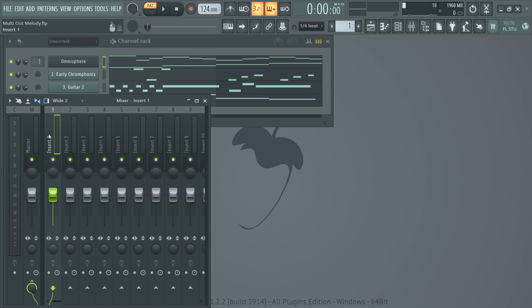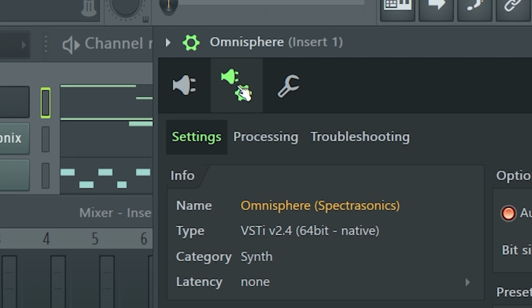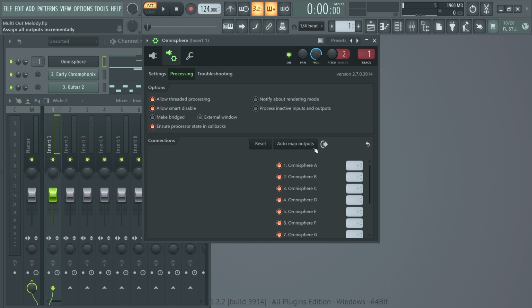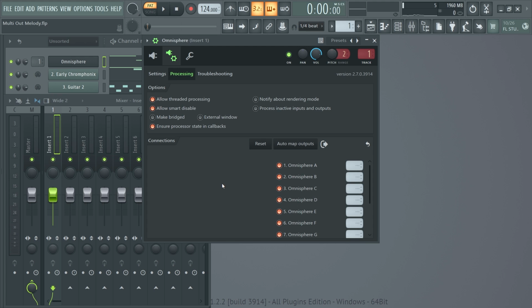This part may be a bit tricky depending on your multi-VST that you're using, but see what I do here, and you could translate it with your own plugin. This part is universal though. Click the gear, wrapper settings, but now we have to go to the processing tab, and we're greeted with this connections section. Say that 10 times. In the case of Omnisphere, we have 9 different connections that we could separate. But yeah, we're working with the 4 like I said.